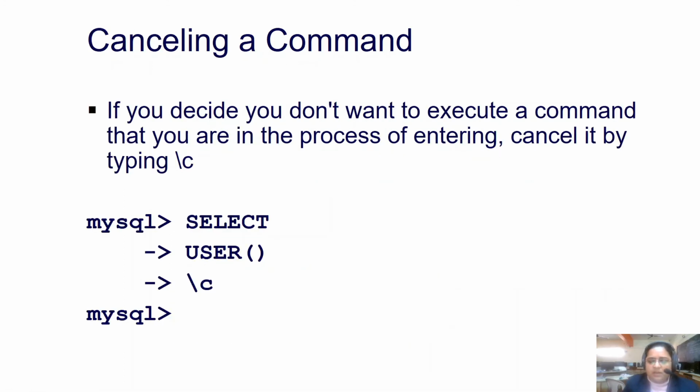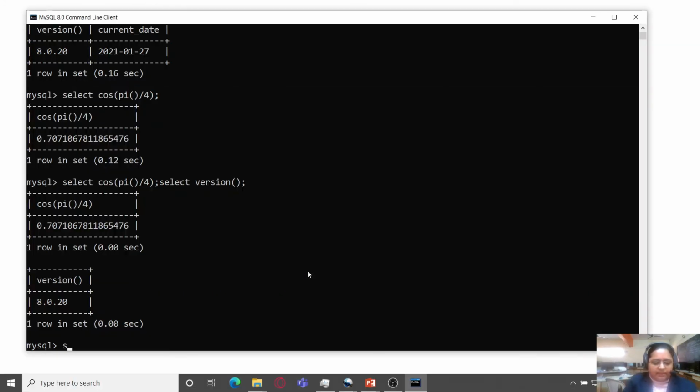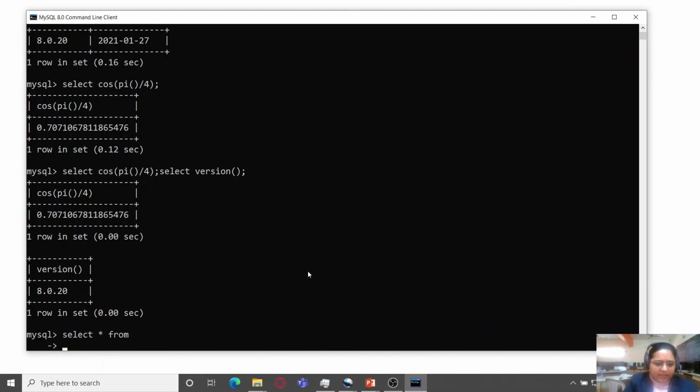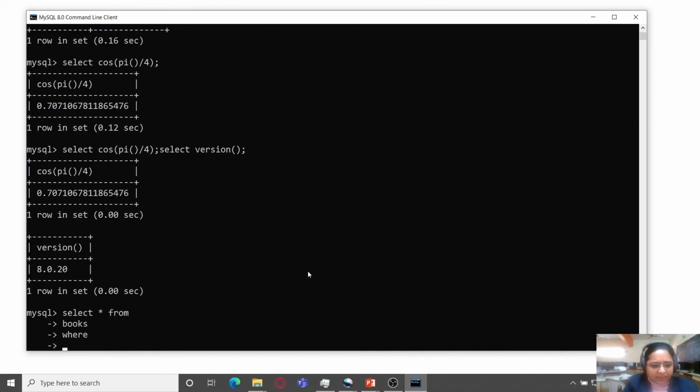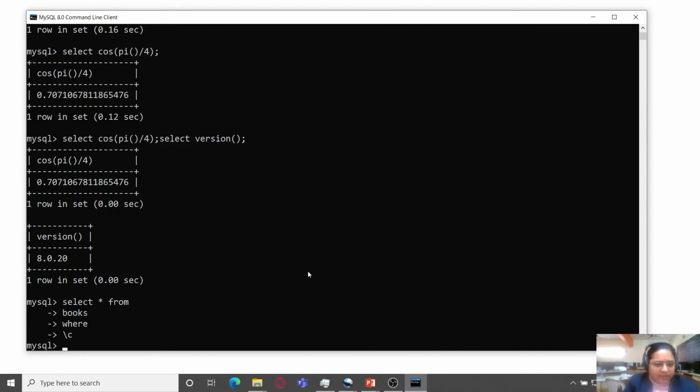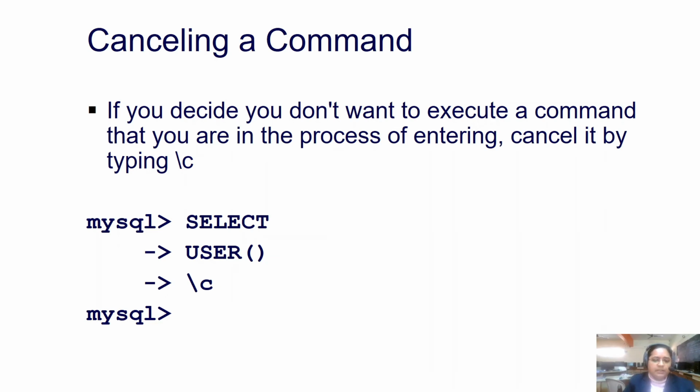In case of larger queries, we can divide them into separate lines. If you decide you don't want to execute a command, you can cancel it by typing \c. Sometimes I can write select star from books where, and I think something went wrong and I don't want to continue. So I can just type \c and end that command in between.